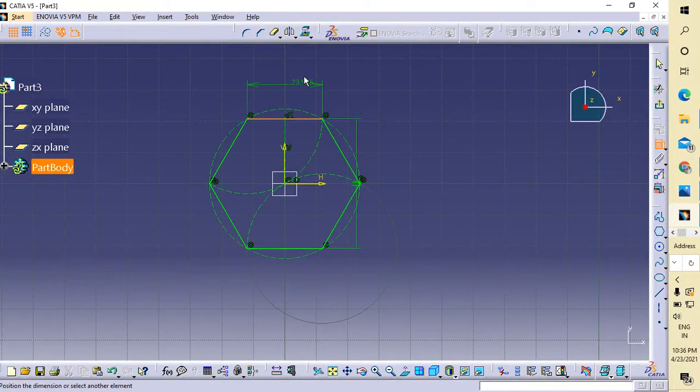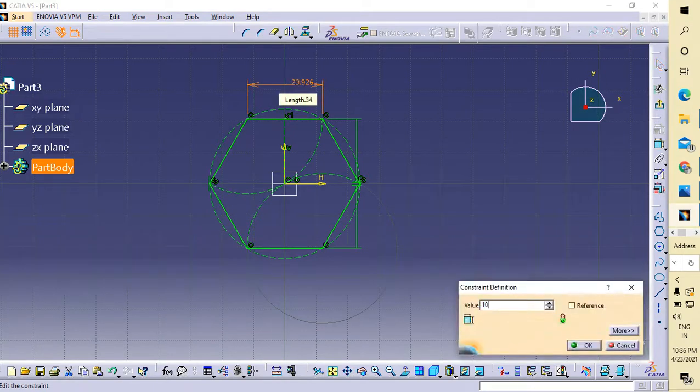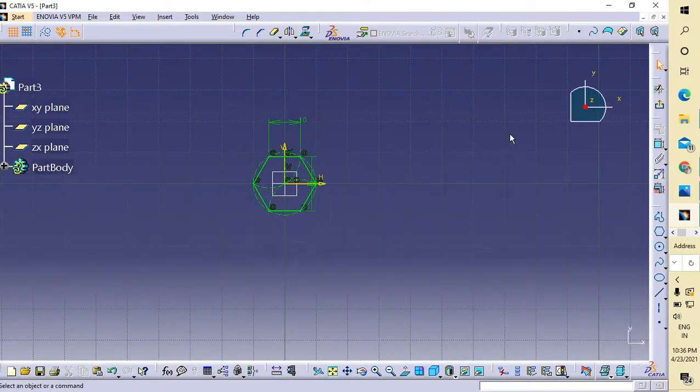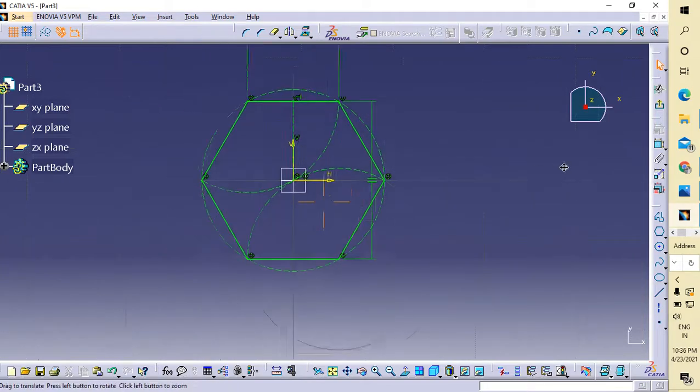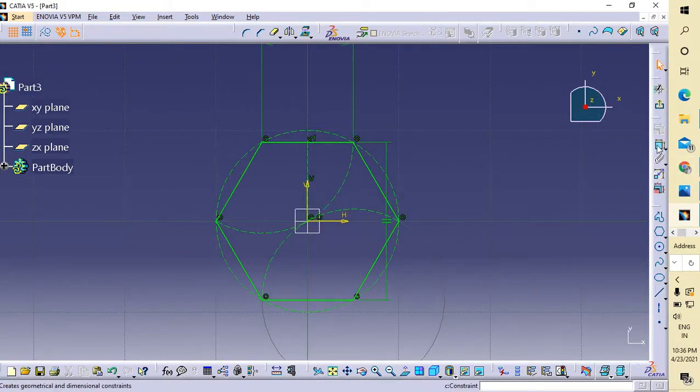Okay, this is 10. Now I'm zooming by pressing scroll and shift. After giving this, go to exit workbench.